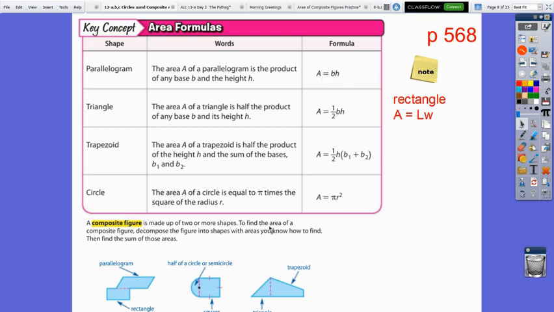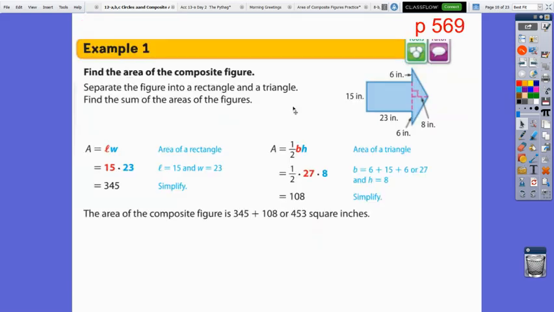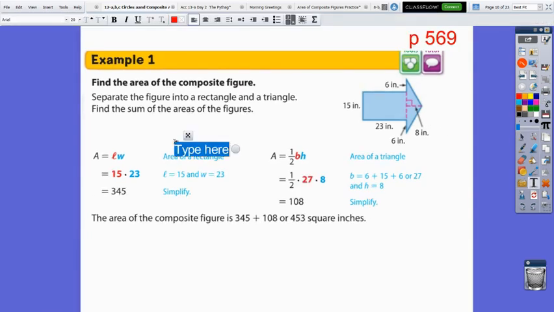the parallelogram formula. So a composite figure is composed of two or more shapes that you can find the area of. So a rectangle plus a semicircle, you just split the shape into two parts, find the area of each shape, and add them together. So an example in the book here is this arrow. Okay, so the arrow looks like a rectangle here and a triangle. So when you do these problems, you should identify the two shapes or three shapes or however many there are. Okay, identify the shapes and then what formula you are using for the area of each shape